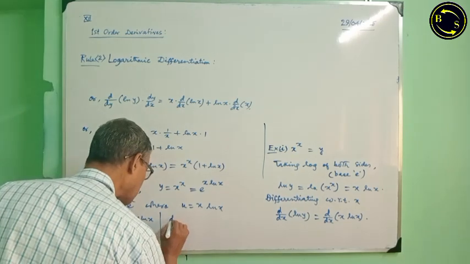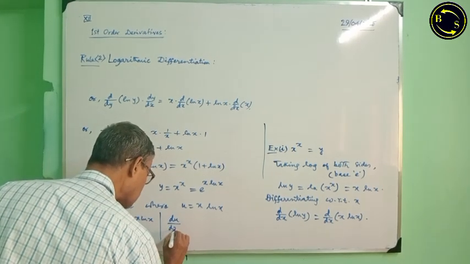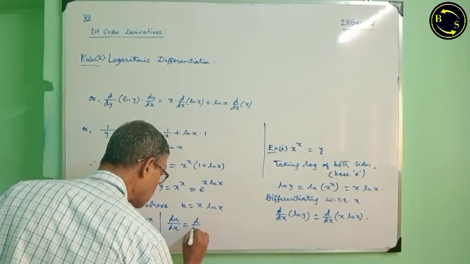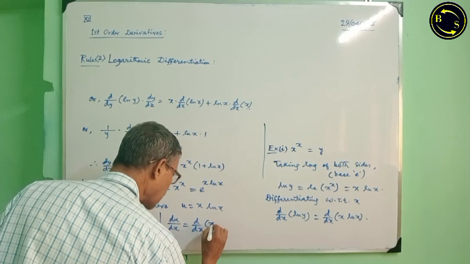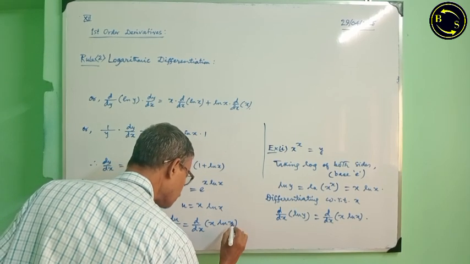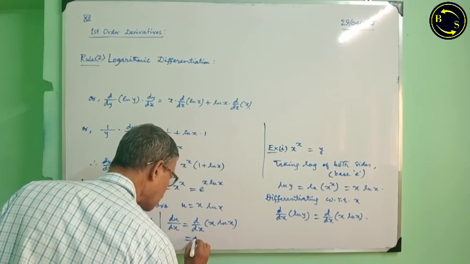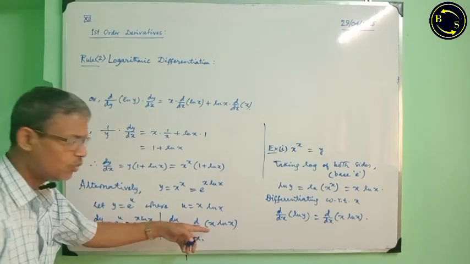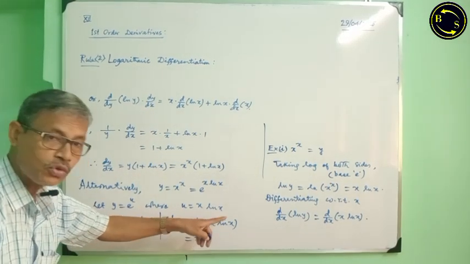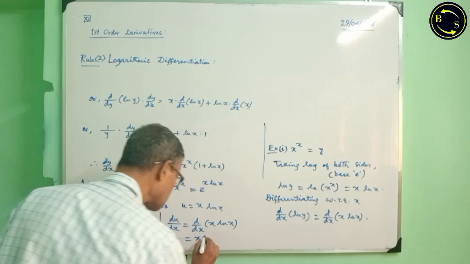And from here, du/dx is equal to d/dx of x log x, that is equal to x into derivative of log x,